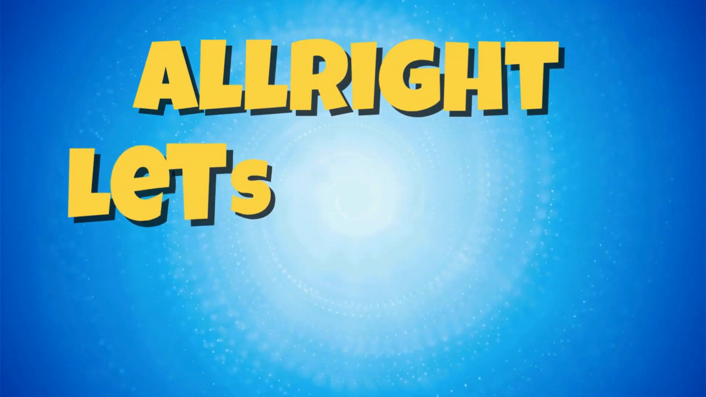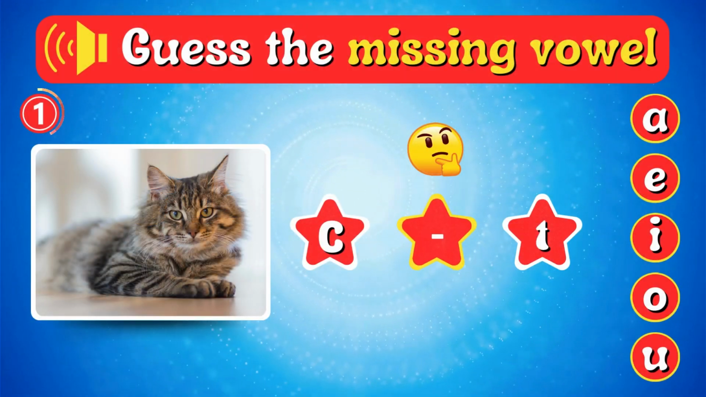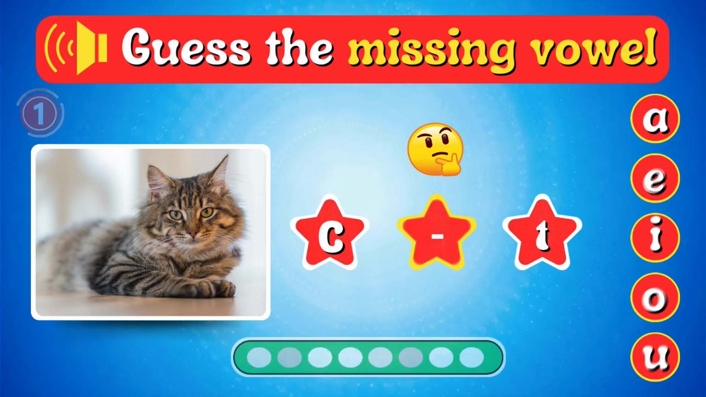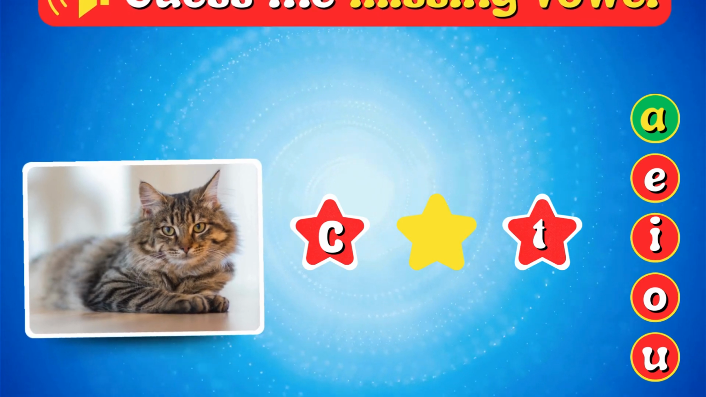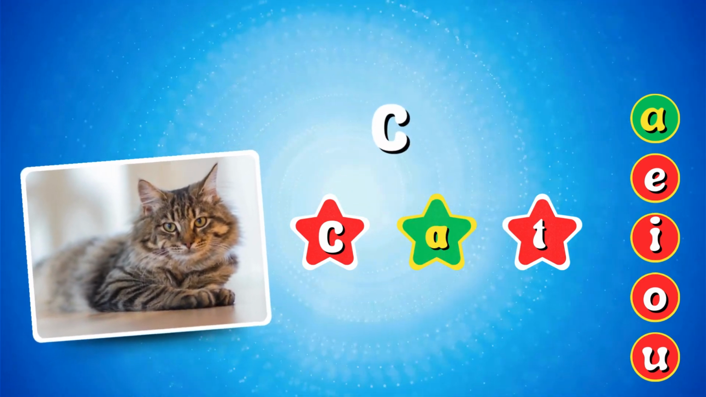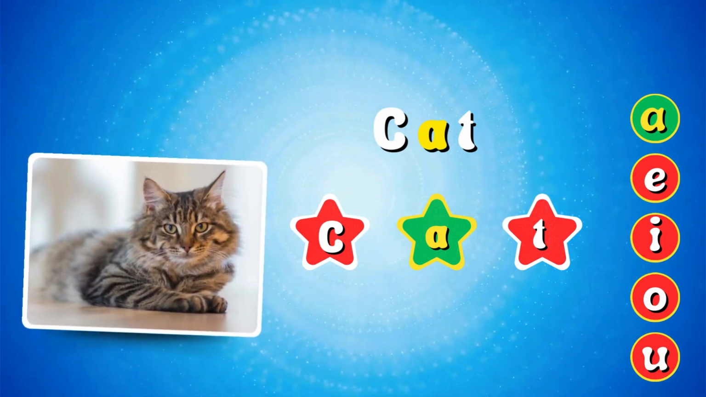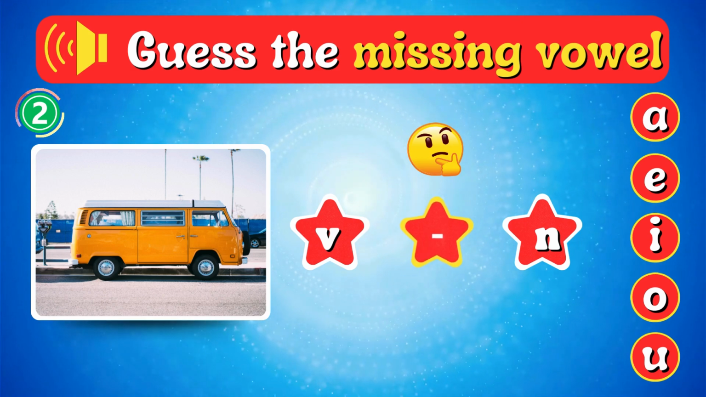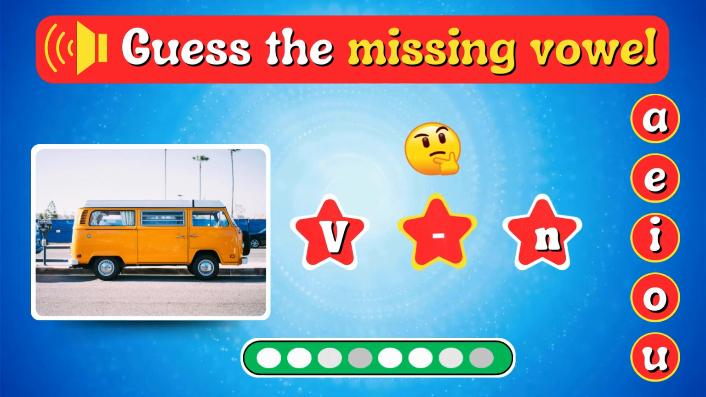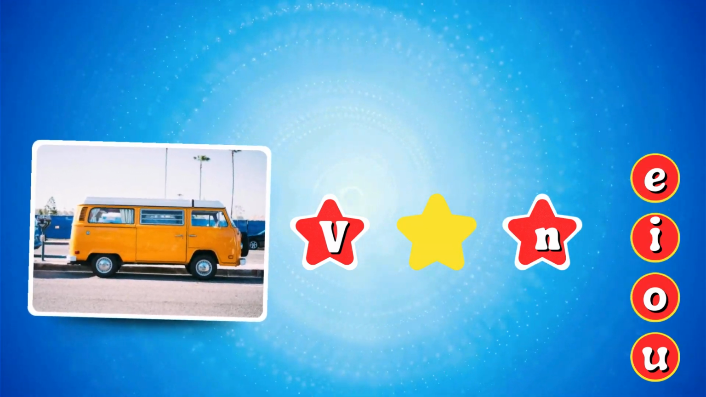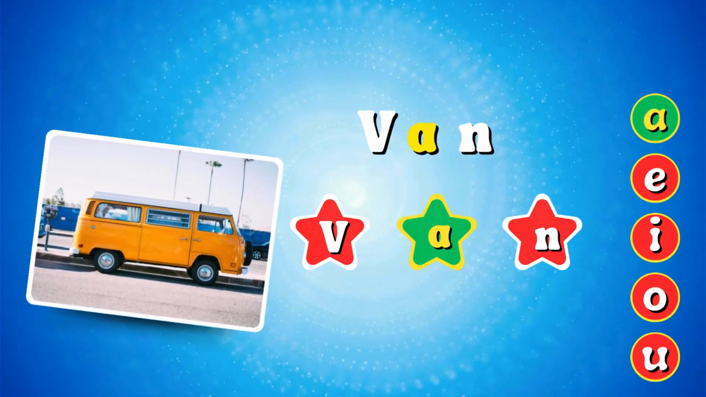Alright, let's play. Look at the picture and guess the missing vowel. Missing vowel is A. C-A-T, cat. Well done. Next, guess the missing vowel. Yes, it's A. V-A-N, van. Next,